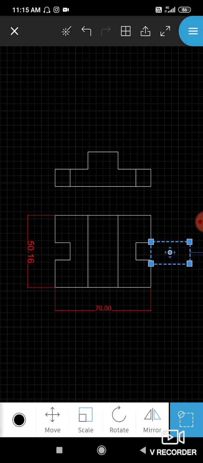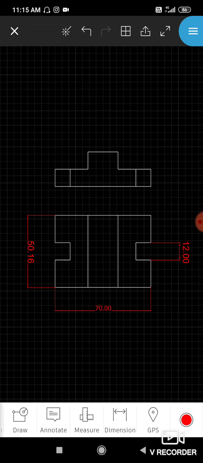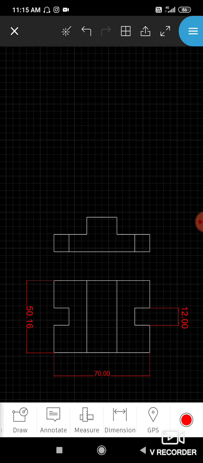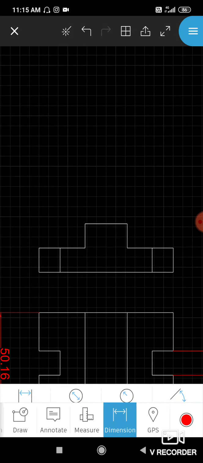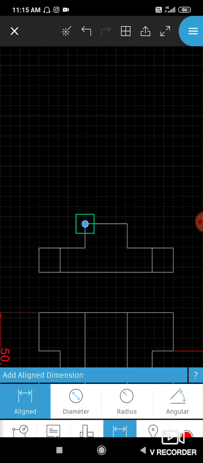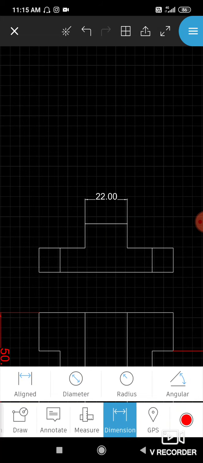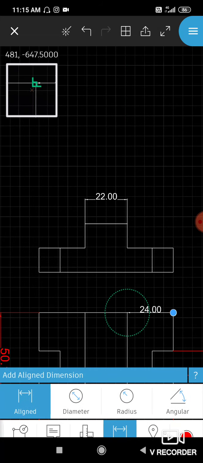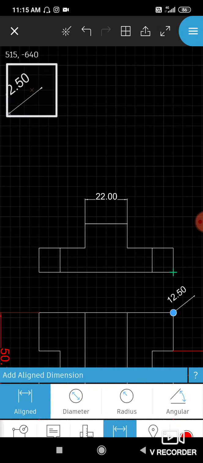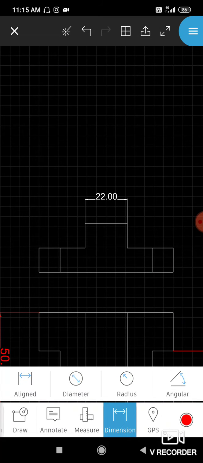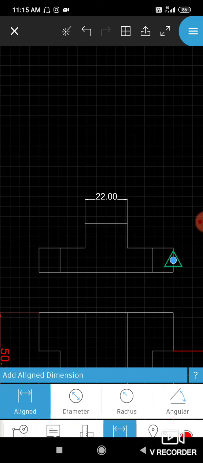Completed. Now again dimensions, align the dimension, done. Again align the dimension, this part.